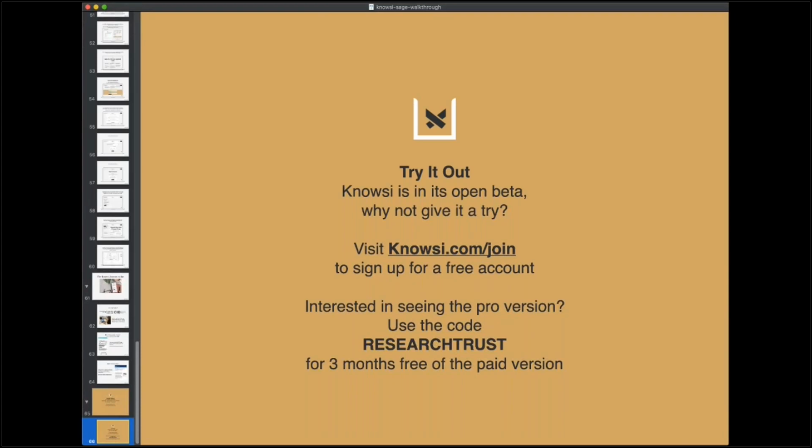So Andrew, a couple of questions that have come in. First of all, someone has asked, is creating a consent form on Knowsi a complex setup? How does it differ from setting up on Google Forms, for example? Yeah, it's a good question. One of the issues with Google Forms is that there's not a really clear way to manage that, and there's not a clear way for participants to withdraw their consent without contacting the researcher directly. So one of the key ideas behind Knowsi is to have this kind of feedback loop and the participant dashboard, so that participants have greater agency over their own data and what's actually going into the system.